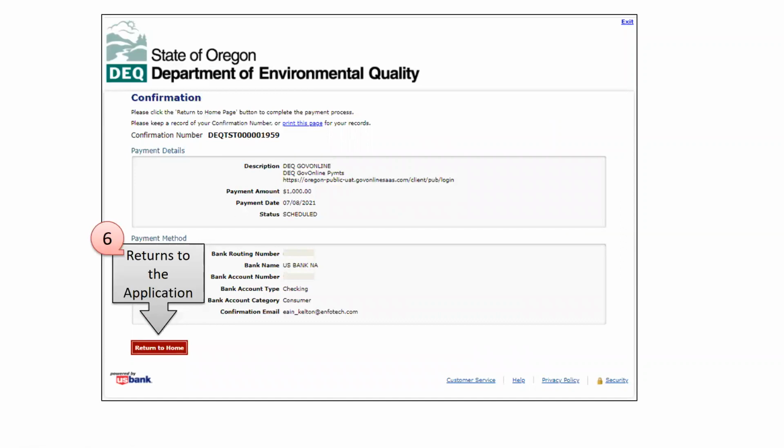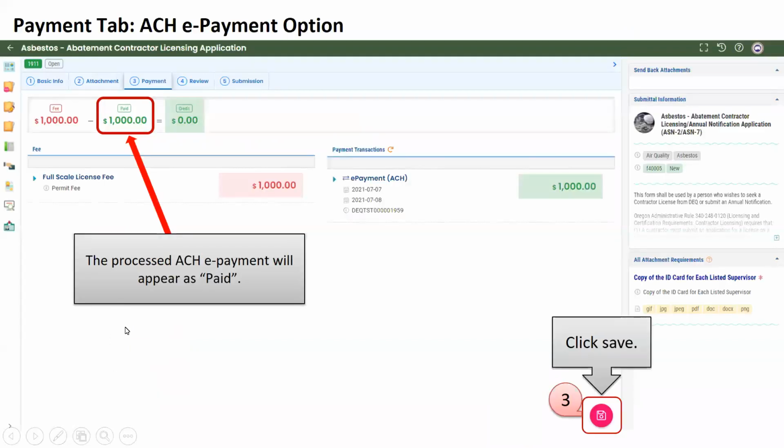This will basically be your receipt, so that if somebody comes back and says, we didn't receive your payment, you can provide that number and we'll be able to track that down. When you're done with all of this, you'll click the return to home button, and that will take you back into your DEQ online system to continue the process.